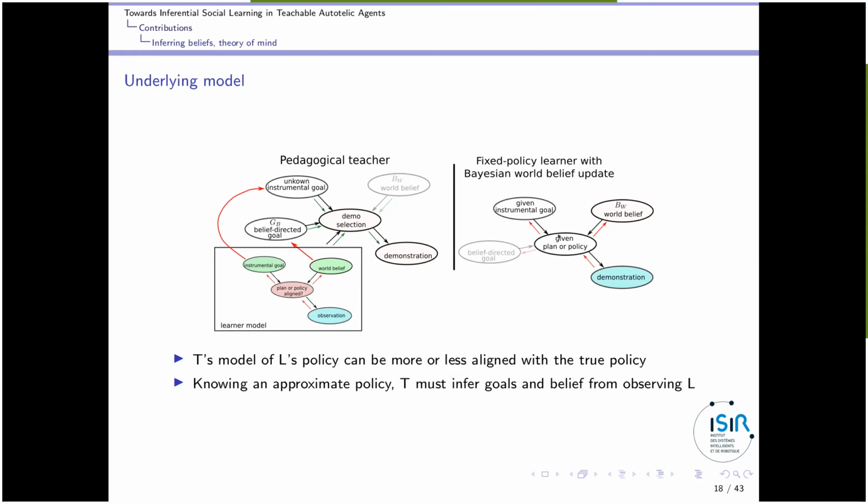And the learner itself in our experiment is fixed. So we are not interested in the part of the learner learning. We have a fixed policy learner. The only thing that changes with the learner is that it has a world belief about the environment. In the case of the first experiments, the belief is where are the buttons that display music. So in the beginning, the learner knows nothing, but after being shown by the teacher or after interacting with the toy, the learner might update its belief, knowing more and more precisely which are the correct buttons.